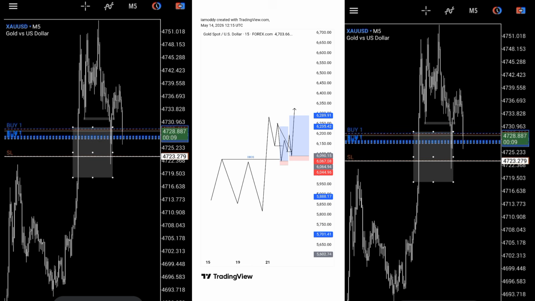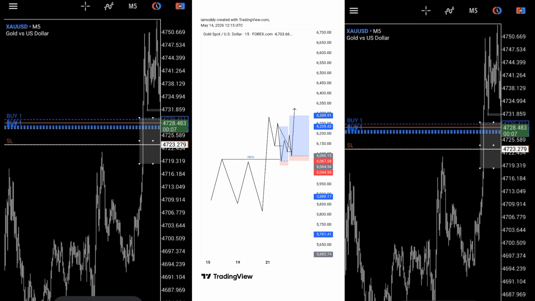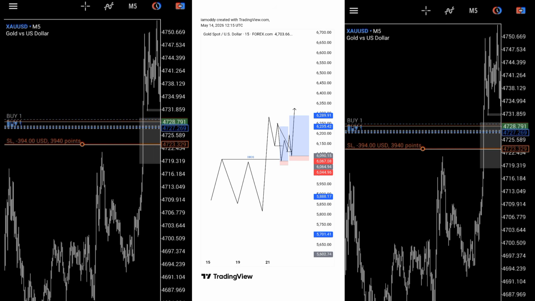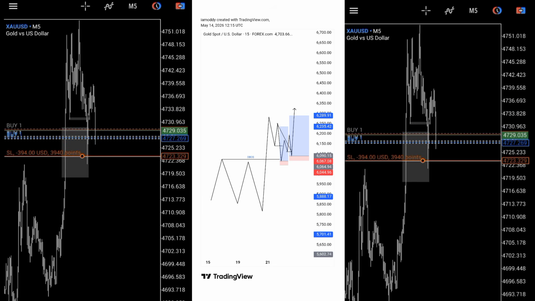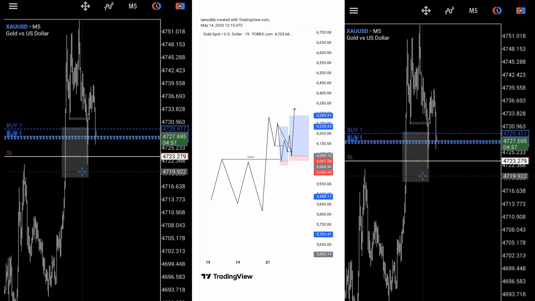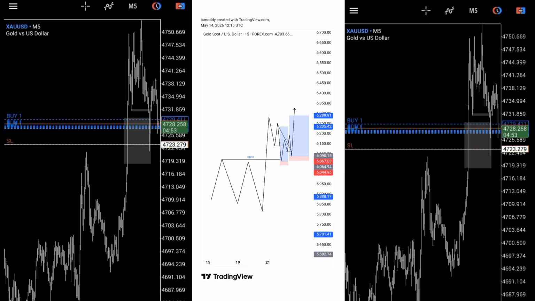I'll be taking more buys and adding more positions because I know setups like this move very, very quickly. I have to take advantage of this opportunity because trading presents opportunities in time, and if you don't take advantage of those opportunities, they will be gone for good.